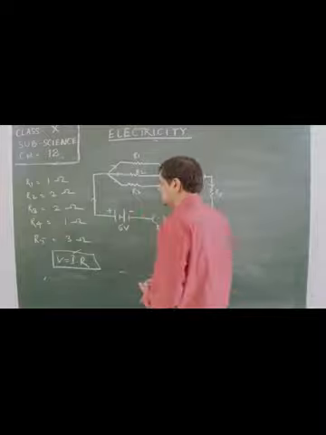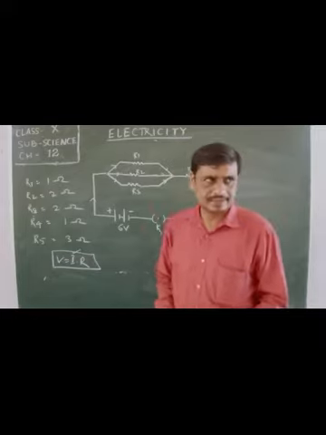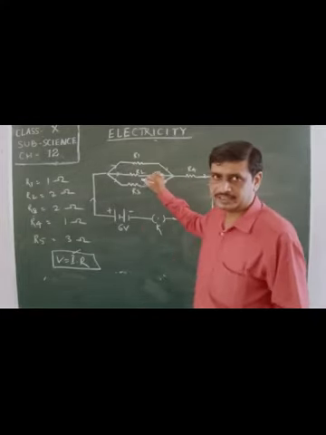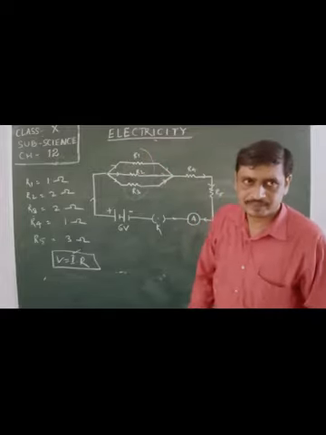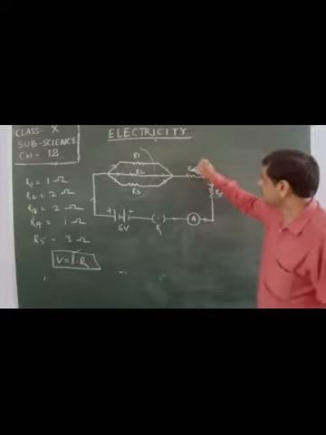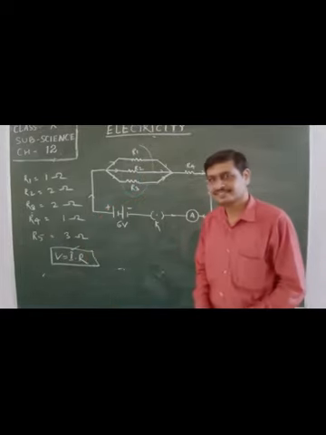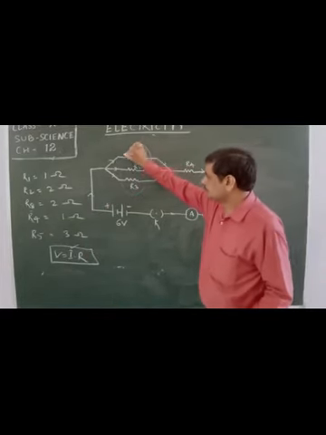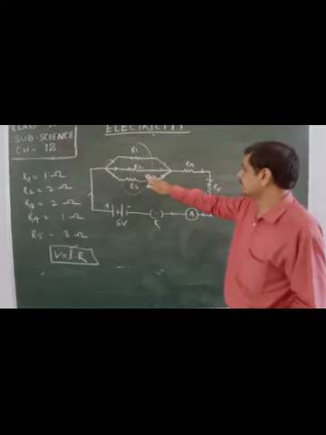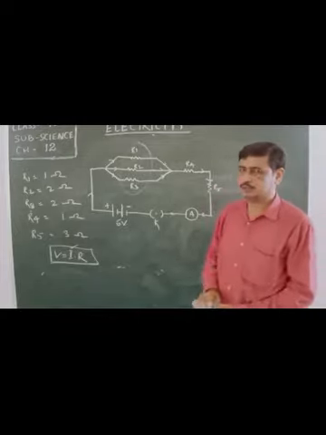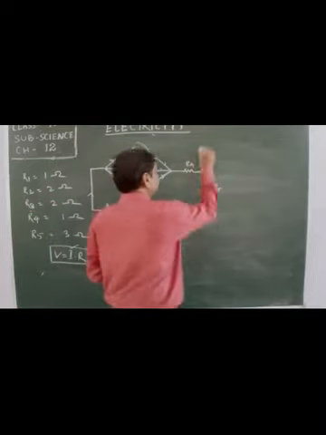To find the total resistance, we have to identify which resistors are connected in which manner. R1, R2, R3 are 3 resistors connected in parallel, whereas R4 and R5 are connected separately. First, we have to find the resultant of these 3 resistors. Then we will add R4 and R5 with the resultant of these 3, because they all become a series connection.